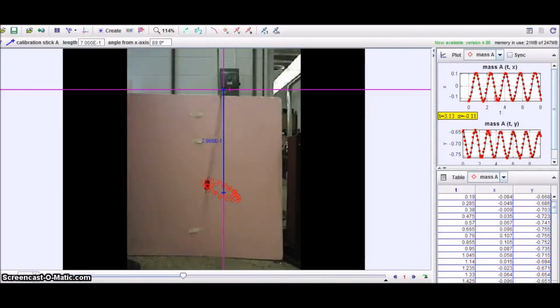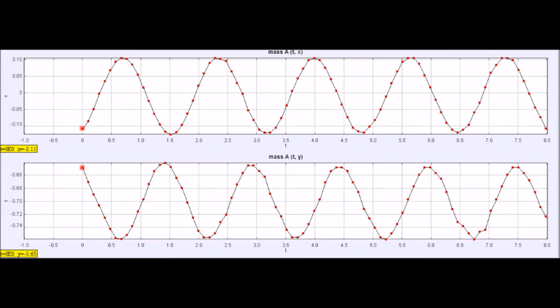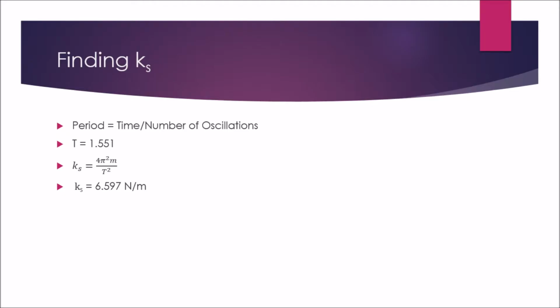The length of the spring was used to calibrate Tracker, and the position data gained from the video was put into a CSV file. To find Ks, we first had to find the period. The period was found by taking the length of time between 3 oscillations and dividing that by the number of oscillations. The period was found to be 1.551 seconds. Then we put the period and the given mass into this equation to find the spring stiffness, which turned out to be